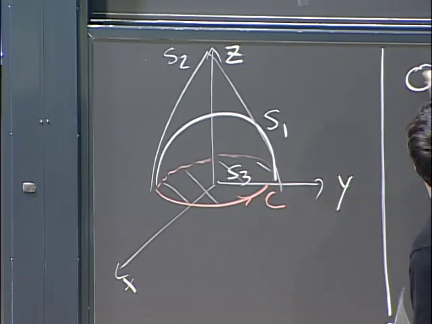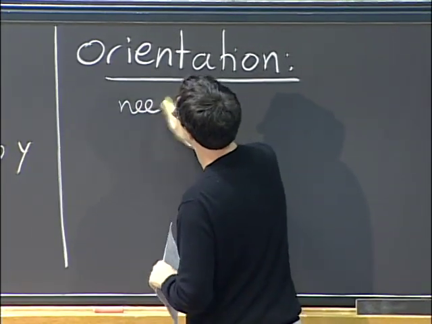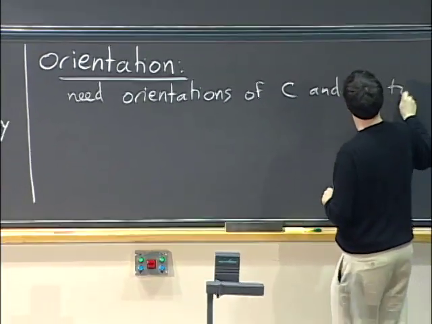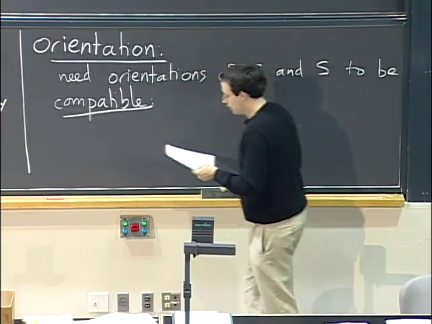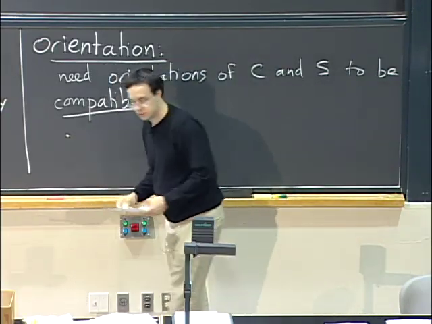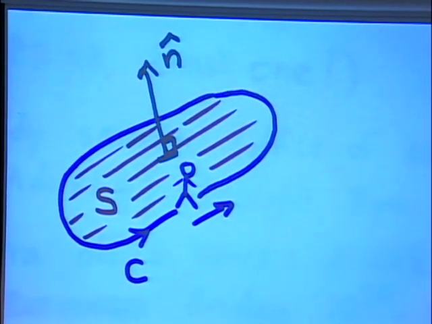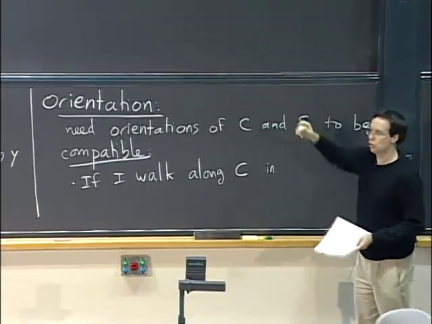Okay, so what about orientation? Well, we need the orientations of C and S to be compatible, and I have to explain to you what the rule is. Okay, let me show you a picture. So the rule is, if I walk along C, I should say in the positive direction, in the direction that I've chosen to orient C,